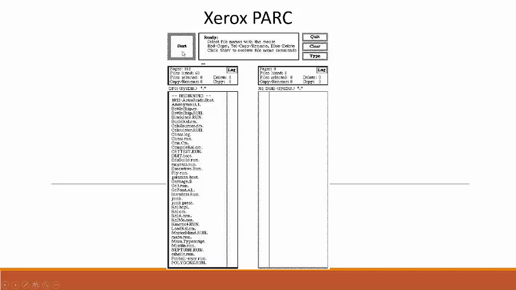And really, if you look at this, it's very similar to what we have nowadays, right? We got buttons, we got little windows here, we have the ability to click on things. I would suggest that a modern user would be able to find their way around this environment fairly easily because it's so familiar to us. But like I said, this was a prototype. This wasn't actually released for commercial use.